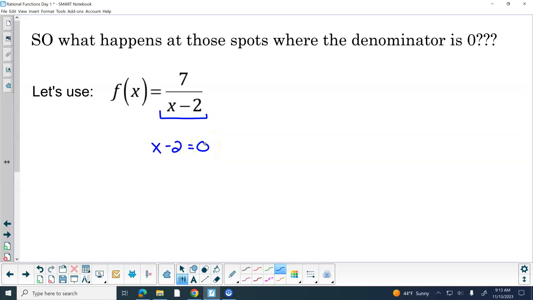I would add 2 to both sides, and that would give me x equals +2. So my domain here would be all real numbers, but x cannot equal 2. Because if I plug 2 back into my function,